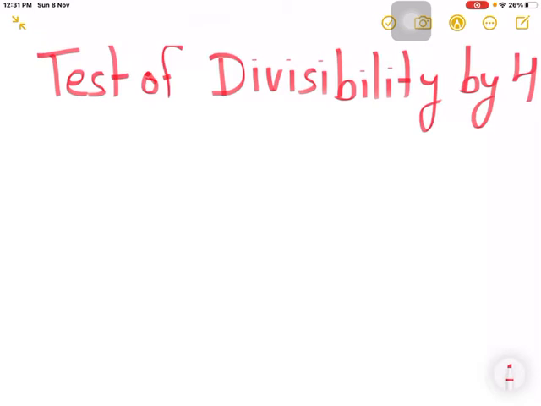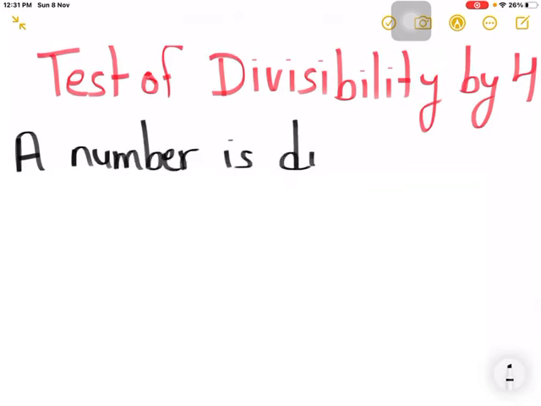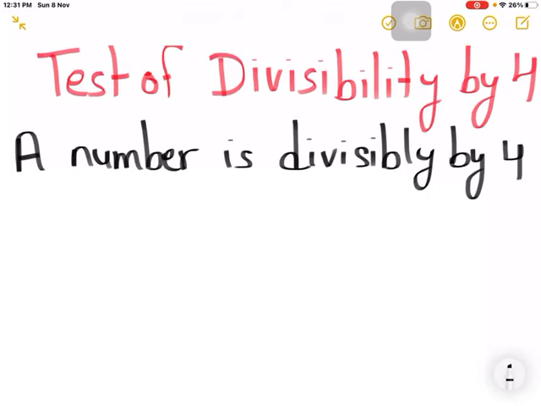Test of divisibility by 4. Okay, let me write the rule first. A number is divisible by 4 if the last two digits